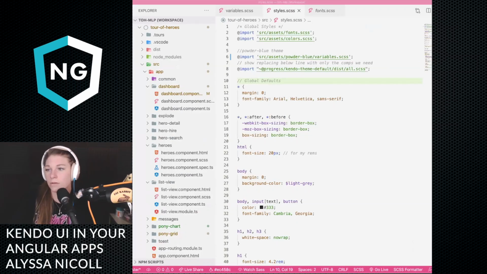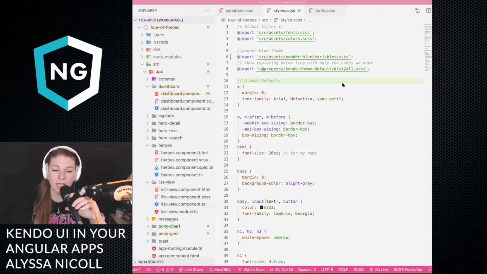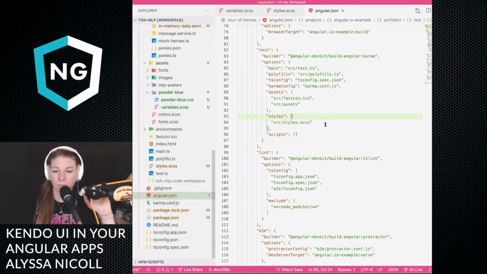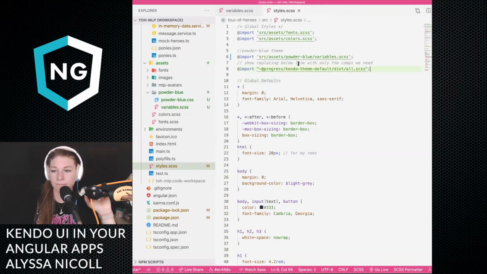Do that, go there, pull that up. So the next thing I wanted to talk about was, you can see here that I removed our styles from being imported inside of the Angular JSON. I removed that. All we have is our default style sheet, and I imported it here.